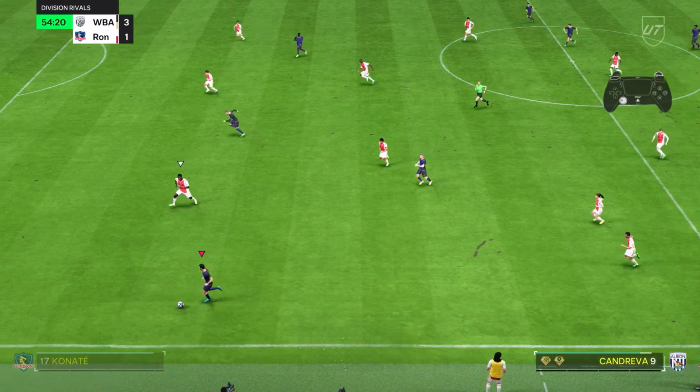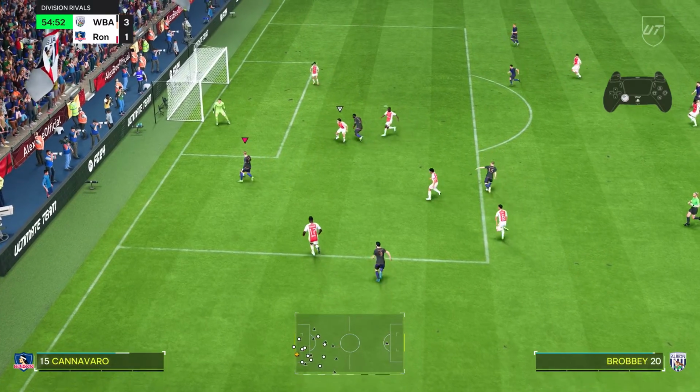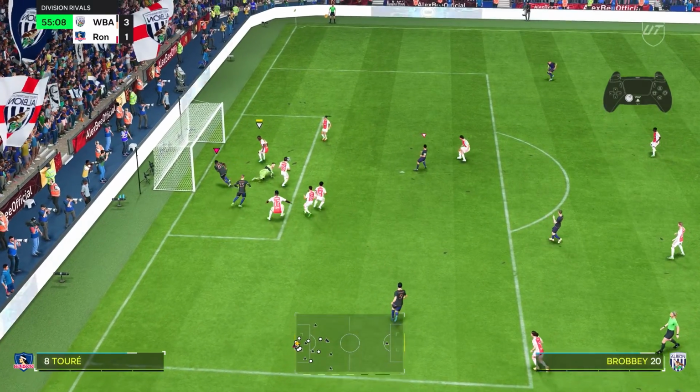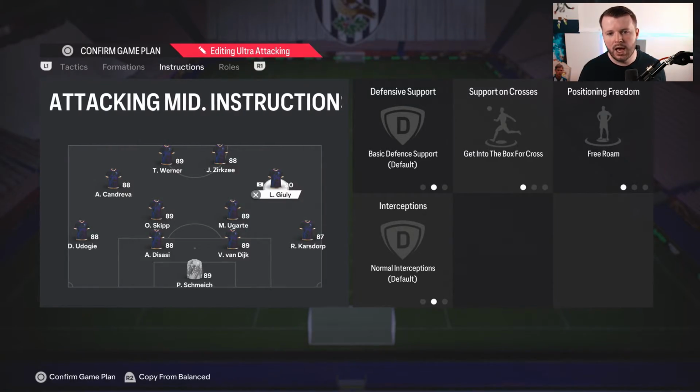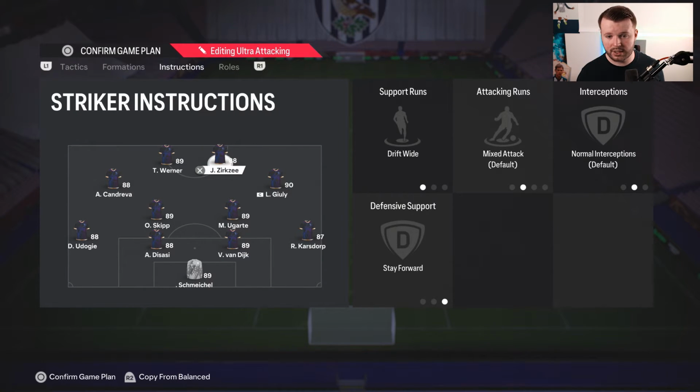And that is going to be in our player instructions. So the right attacking mid is on get into the box for cross and free roam. I've been testing out free roam a little bit more recently. Having this player on get into the box for cross and free roam, and then your right striker on drift wide and stay forward, is basically going to see Xerxes go and isolate up against their left centre back and left back more often. Gully will move and transition more into the middle of the park, and then when you have the ball in your own midfield transitioning up into the opponent's half,